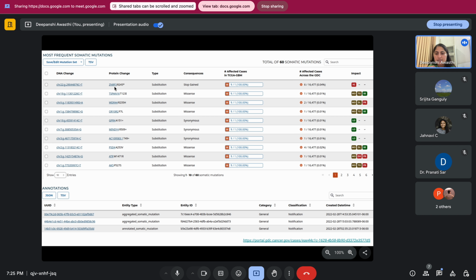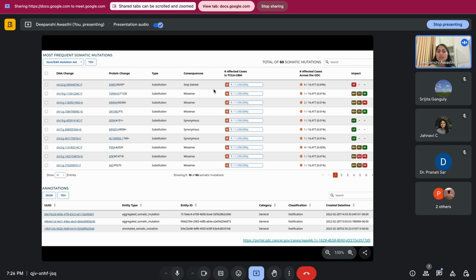So in the brain cancer, you see the ZNRF3 gene, in which there is a protein change. So this is the list of the somatic mutations which are happening. In the first mutation, you see R245 star, which means that R, the arginine amino acid, is replaced with star. Star means now it is a kind of stop gain mutation, which is the missense mutation,